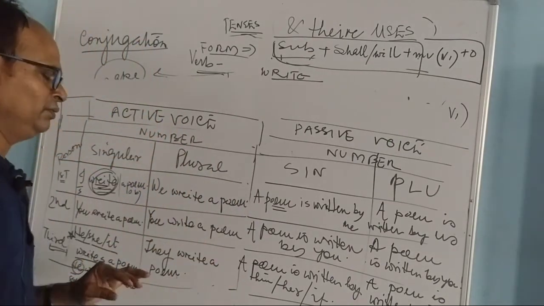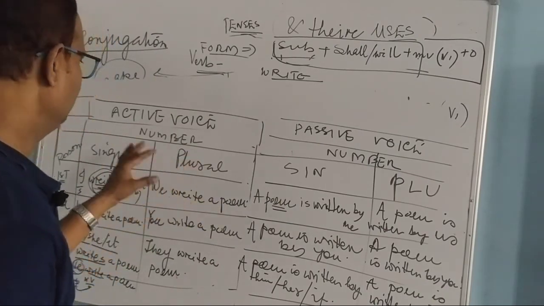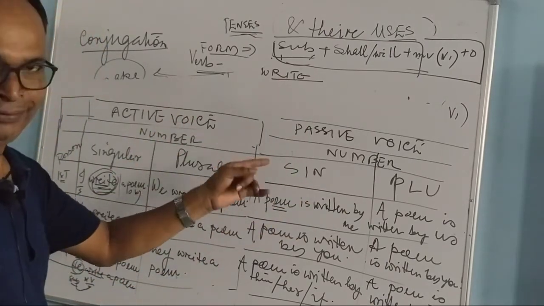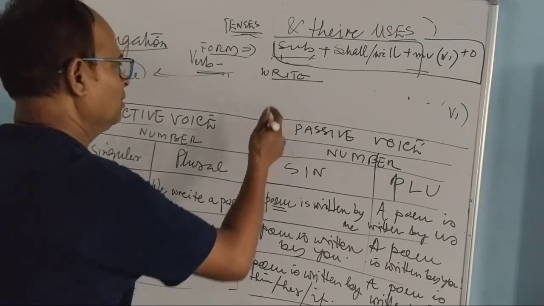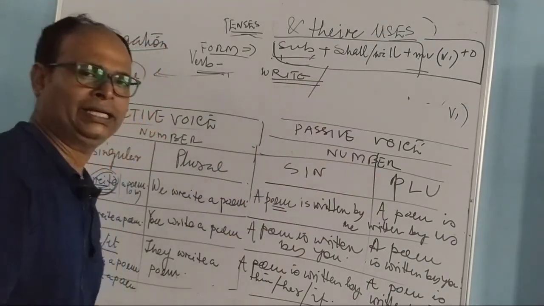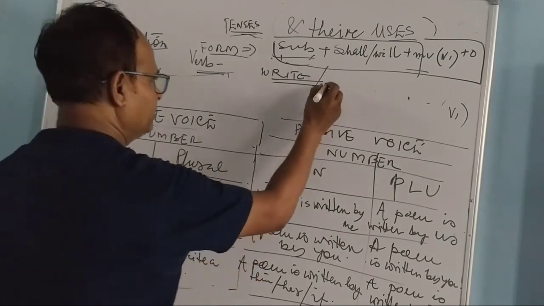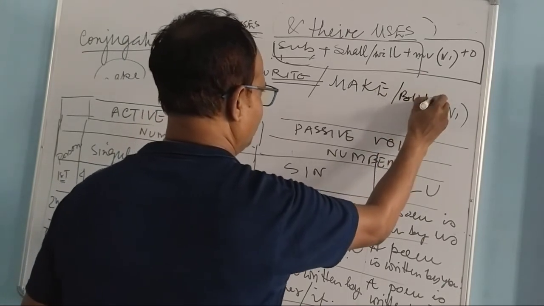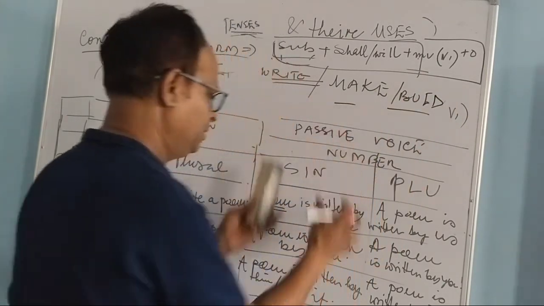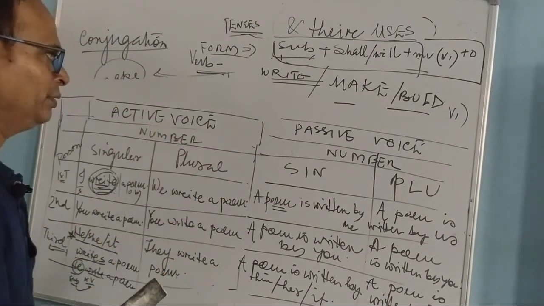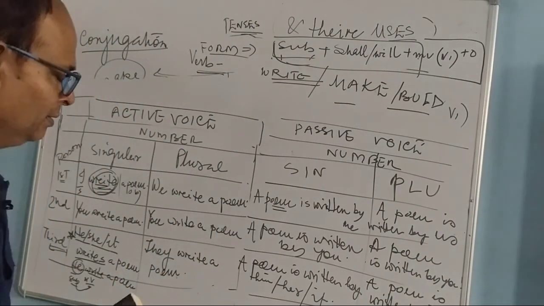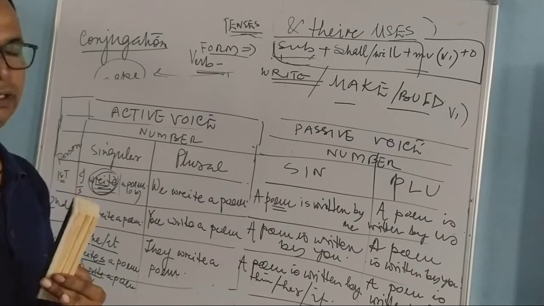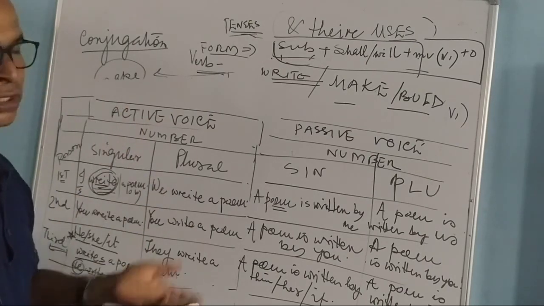So, you will be practicing a lot, the past and the future form of the tense, by using write or any other verb that you like, whether it is make or do or build, whatever it is. You can write in this tabular form, and it will show your better conception. And in the next video, part 2, we will be discussing the parts of present tense, future tense,